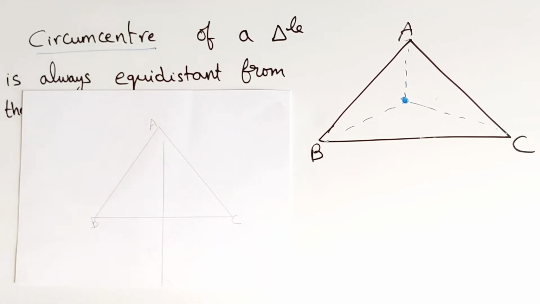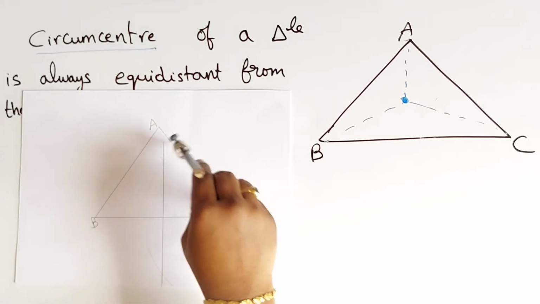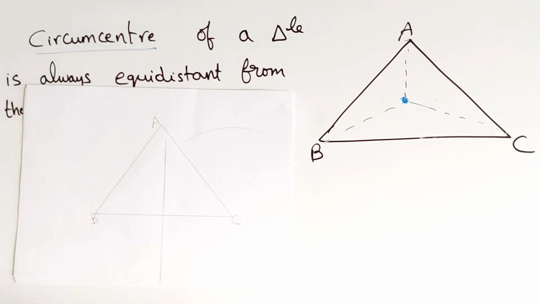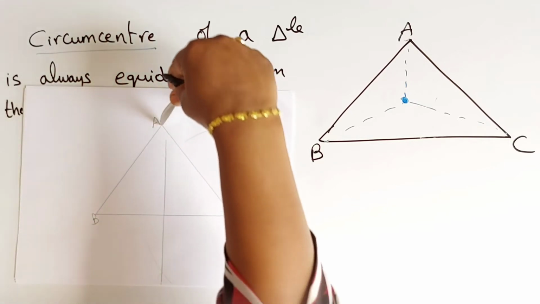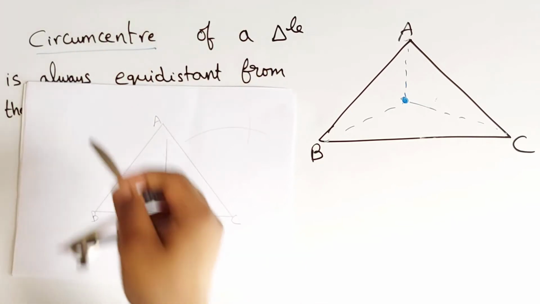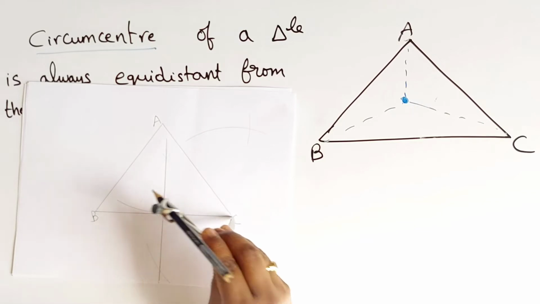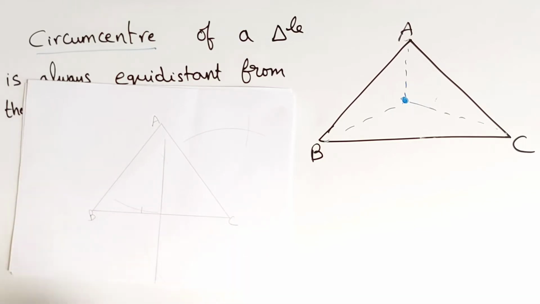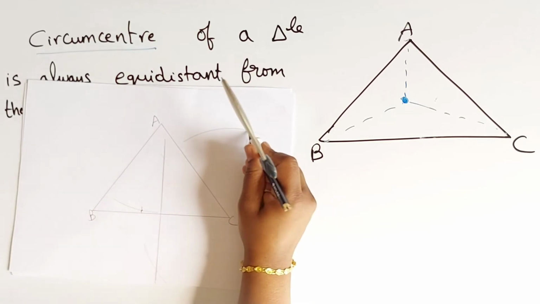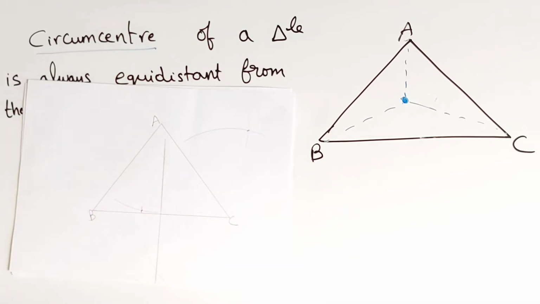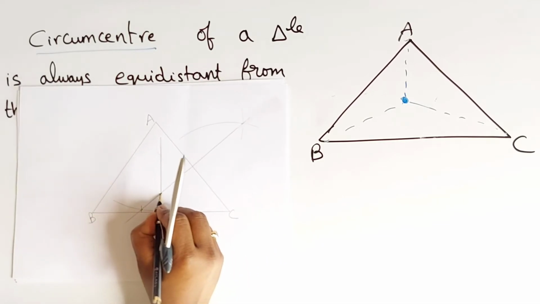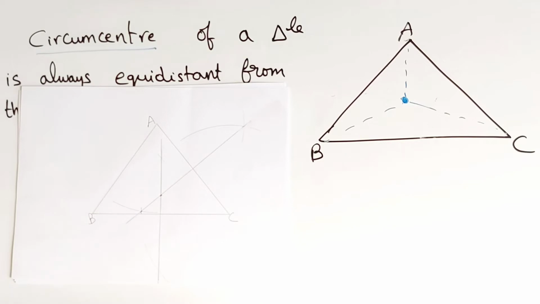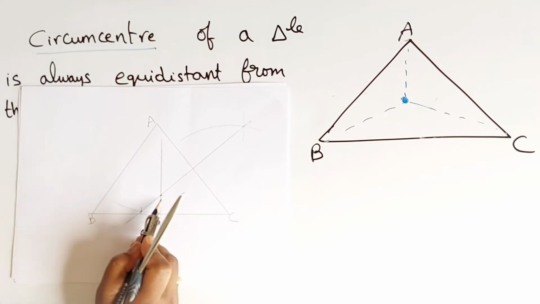Now we'll do it from AC, children. From C also take more than half. Draw an arc here and from A also the same. Draw an arc here and here. Now join these 2 points, this one and this one. Now these two lines are meeting here at this point, children. 2 bisectors are also enough. Okay. If you do the third one also, it will intersect at the same point here.